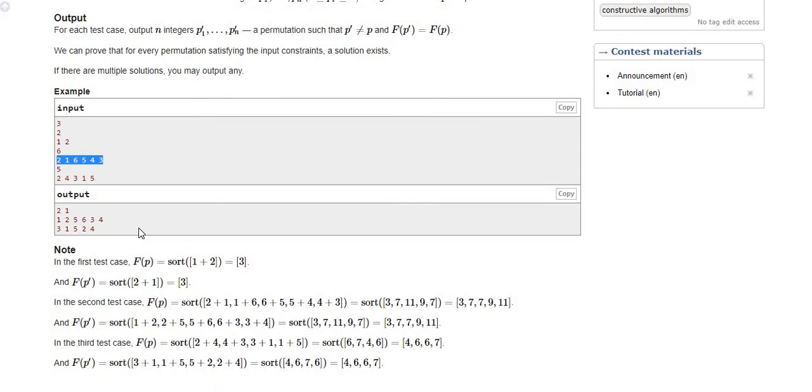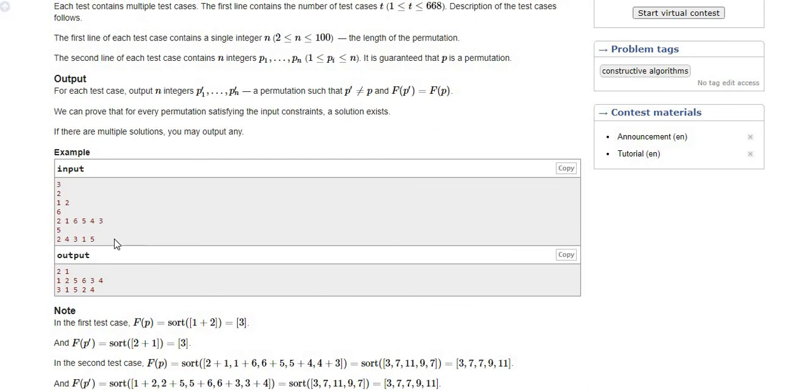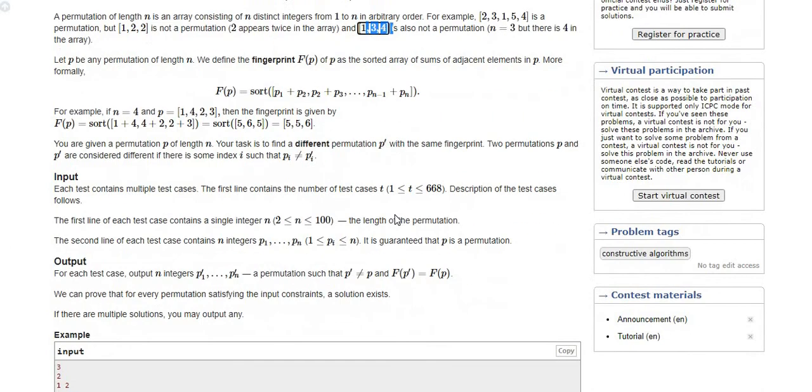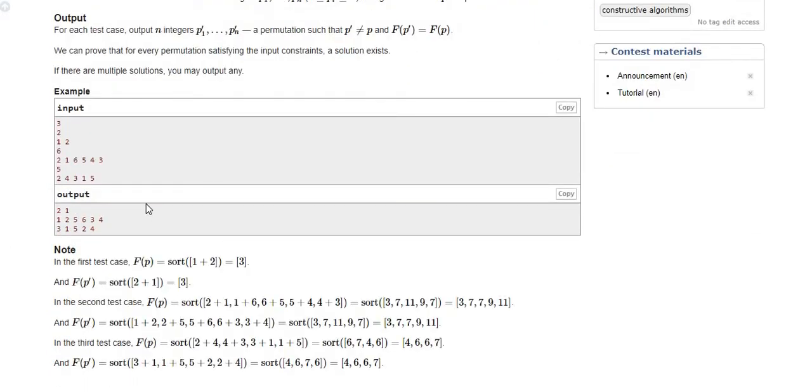But if you look at it carefully, one basic observation is that if we just reverse the array, it keeps the same fingerprint and maintains the other criteria: it does not have repeated elements or go out of bounds. That is the most efficient way, I would say, to solve this problem.